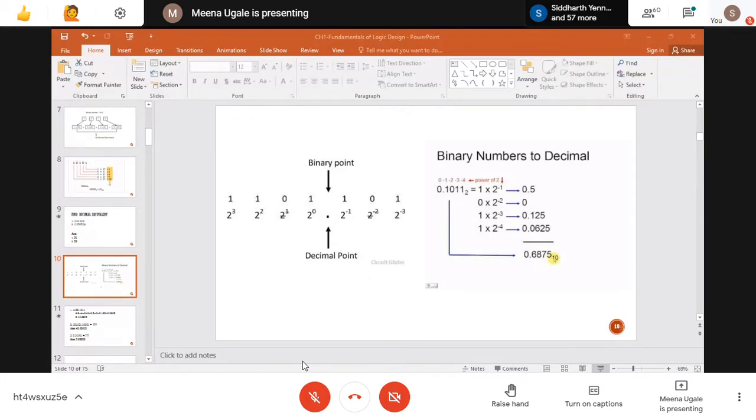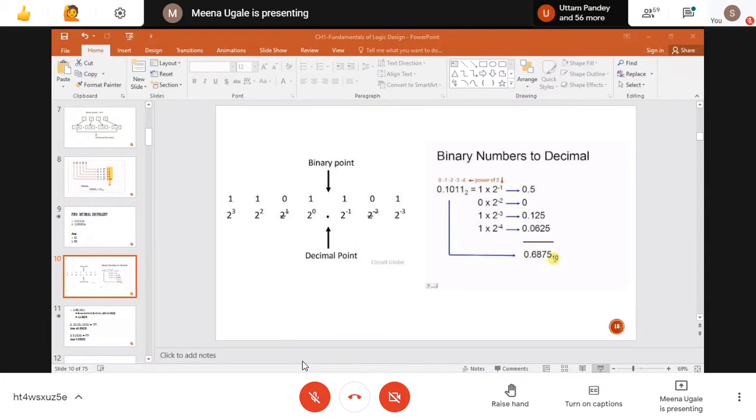So whenever I have any representation of a binary number with a decimal point like this, here it is written. For the integer part, the way you have just solved, we are going to follow the same one: 2 raised to 0, 2 raised to 1, 2 raised to 2, 2 raised to 3 onwards. And then the decimal point, and then for the right hand side part after the decimal point, what I am going to do is multiply the number, but not with the power 2 raised to 1, but I will go for 2 raised to minus 1.